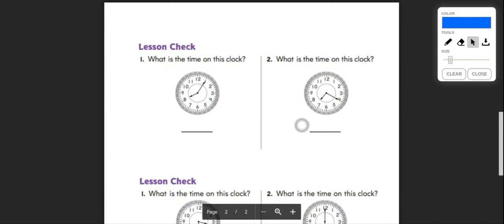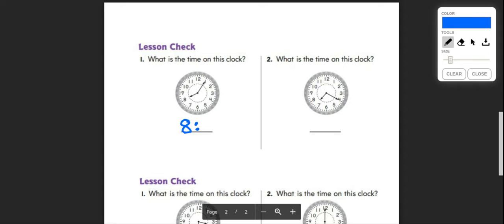All right, let's go to the next couple. What is the time on this clock? Well, let's look at our hour hand to start. If we're looking at this hour hand, I can see that it's a little bit past 8. So I know it's 8 something. So I'm going to put my 8 as my hour and then my colon, because our colon separates our hour from our minute times. And because the minute hand is on the 1, I know that it's 5 minutes past